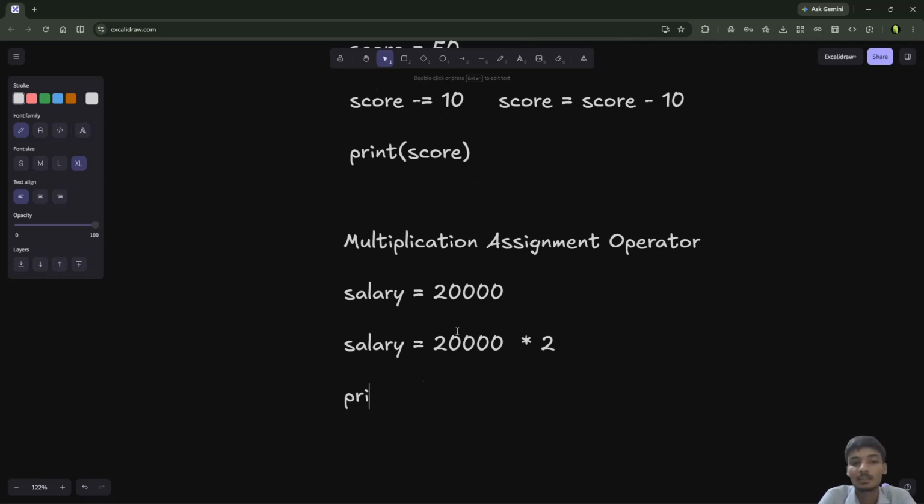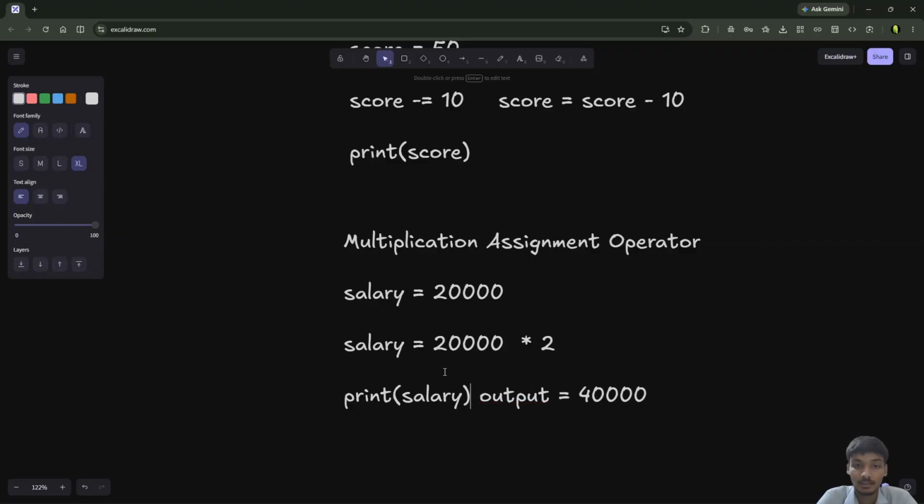If I try to print salary, the output is equal to 40,000, as it just updated the value to double the initial salary. Okay,